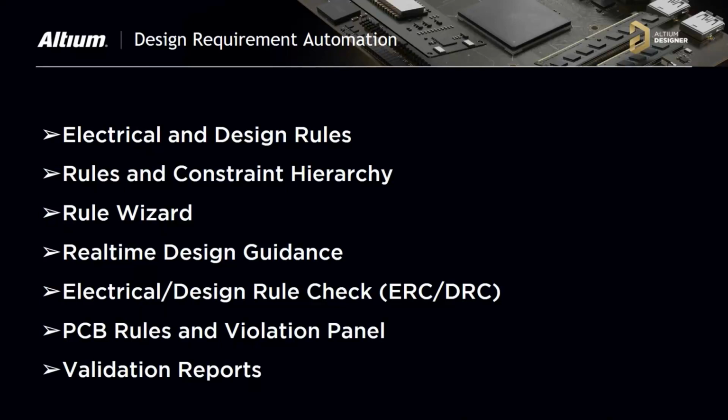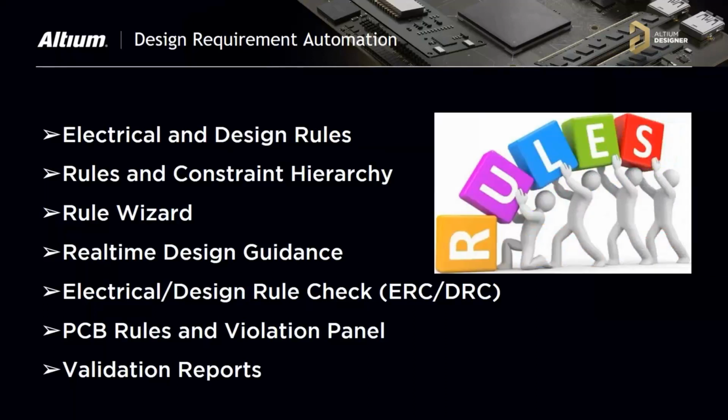Then looking at the PCB rules and violations panel, which allows you to see the different categories and run individual rule checks for the design rules you have applied, and navigate through the violations, and we can generate the validation report. And when we have already completed the design and you want to create a report that shows the rule reports, by using the validation you are able to generate the rule reports.